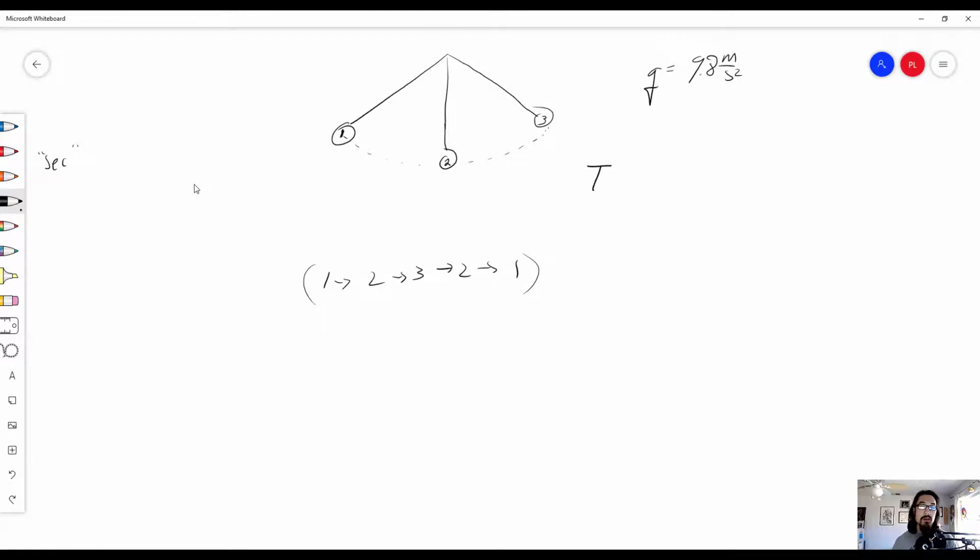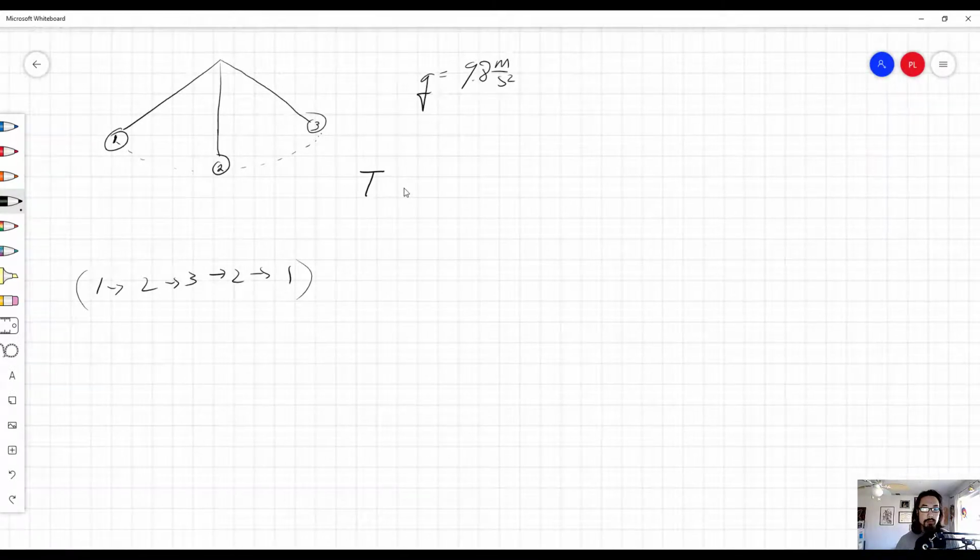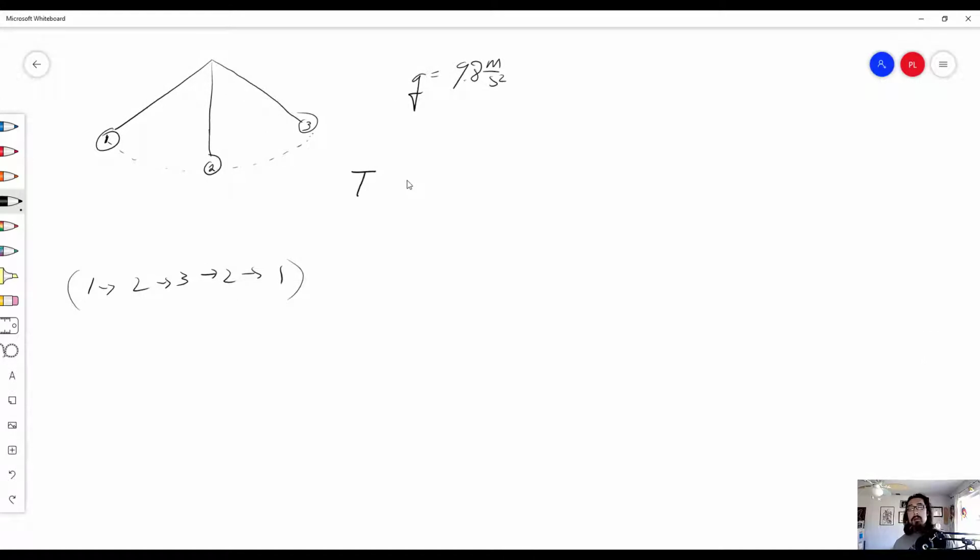And we say that the period of a pendulum, so capital T, and we're going to do a little subscript here because there are different kinds of periods that we can go over. One is a pendulum and the other one is a spring. So the period of a pendulum is equal to, get ready for this, 2 pi. And that 2 pi is there because of the graph that gets generated when we are graphing the period of a pendulum, and I'll show you that in the next video, times the square root of,